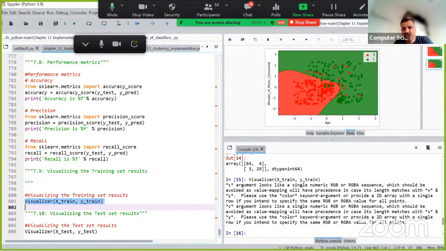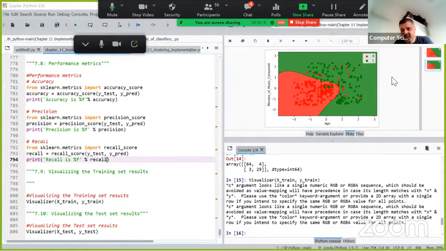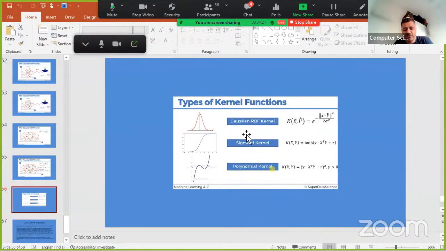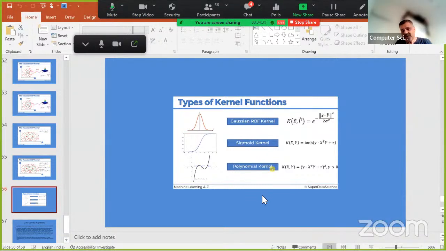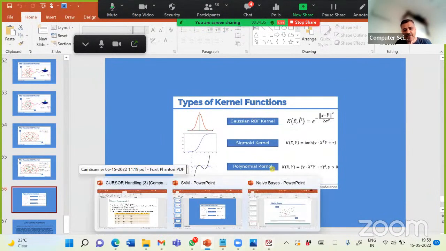This is the point which I want to highlight during this discussion, that it has the capability to apply all these points. Here I have mentioned the RBF kernel, and you have seen that it has generated a non-linear separation line, but when you specify linear, it is specifying a